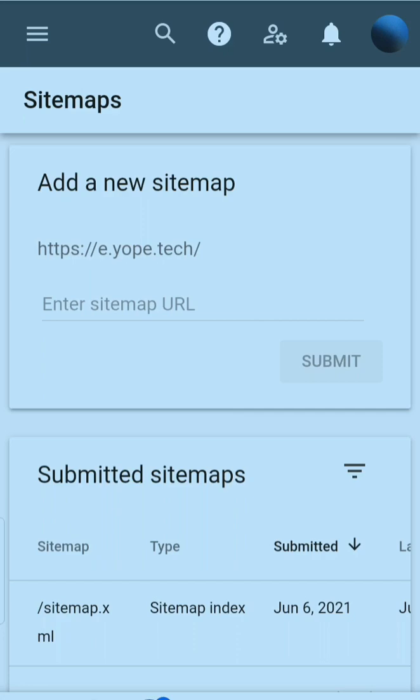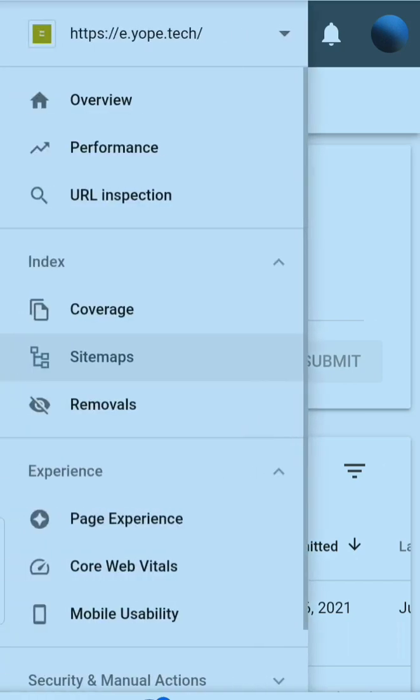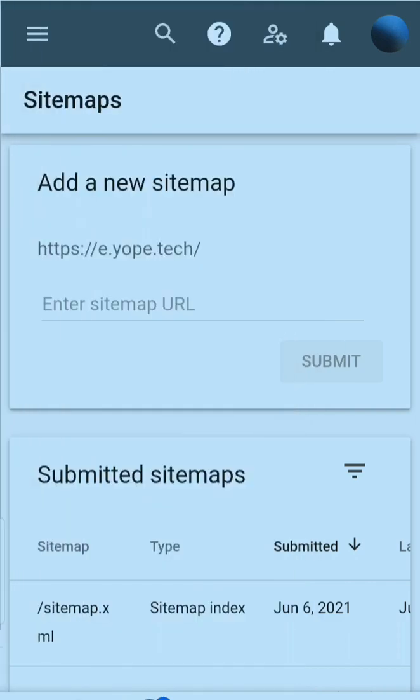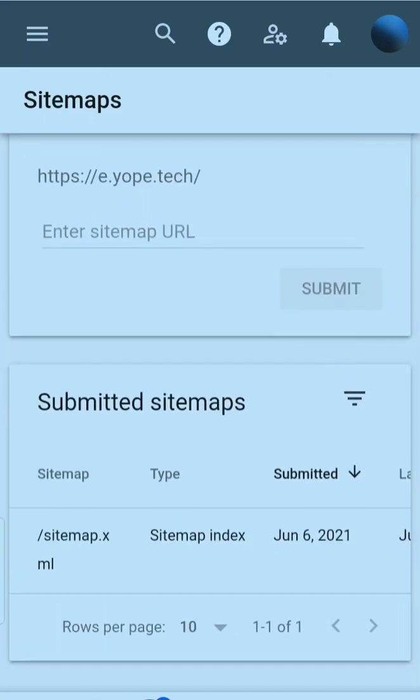whatever URLs have got traffic, you will be able to remove them from Google search. So how can you do this? One thing you may already know about is removing URLs through the removals tab in Google Search Console, and the trick that I am going to tell you is removing the sitemap, because whatever URLs you have submitted through the sitemap to Google, you can remove all these URLs by just removing your sitemap.